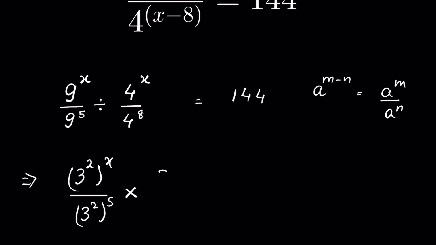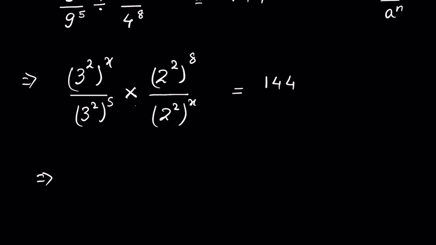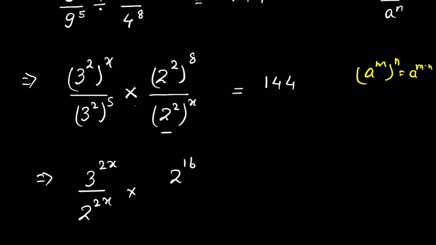4 we can write as 2 raised to the power 2, then whole raised to the power 8, upon 2 raised to the power 2 whole raised to the power x. We convert division into multiplication, the number after that gets inverted, is equal to 144. Or it is 3 raised to the power 2x, because when a raised to the power m whole raised to the power n, it is equal to a raised to the power m times n. So it will be 3 raised to the power 2x, and we can switch it with upon 2 raised to the power 2x, then times 2 raised to the power 16 upon 3 raised to the power 10